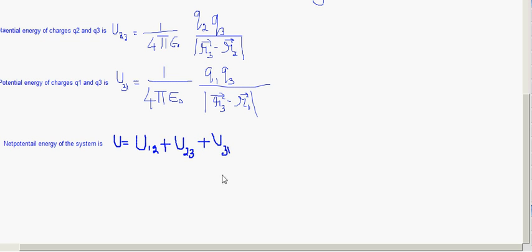So you add all of them. U is equal to 1 by 4 pi epsilon naught into Q1 Q2 divided by the magnitude of R2 minus R1,